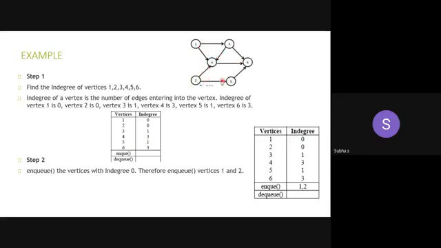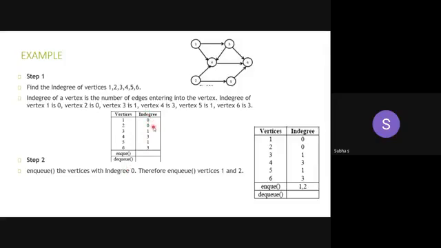For 5, what is the in degree? Only 1. Don't check the out degree. Out degree is for checking the adjacent vertices. Okay. So for 5 it's 1. For 6, how many edges are incident on 6? 1, 2 and then 3. Okay. Initially, I have just mentioned NQ and DQ here itself. Which vertex you are NQing, which vertex you are DQing. So what is the next step you have to do?